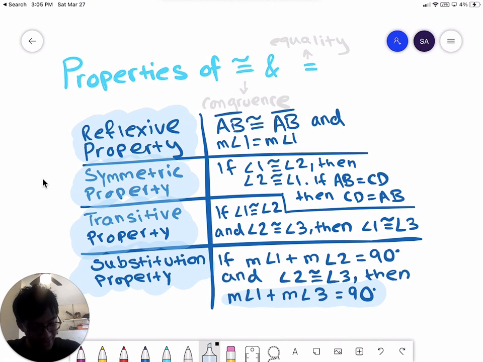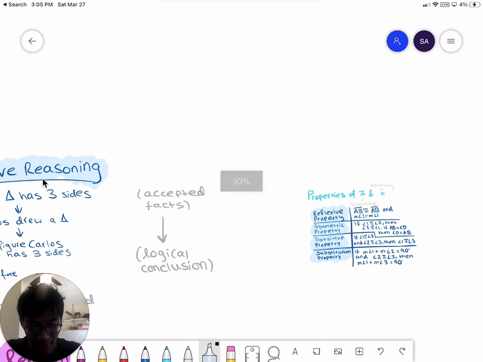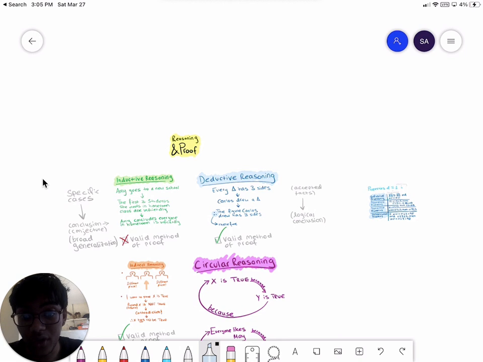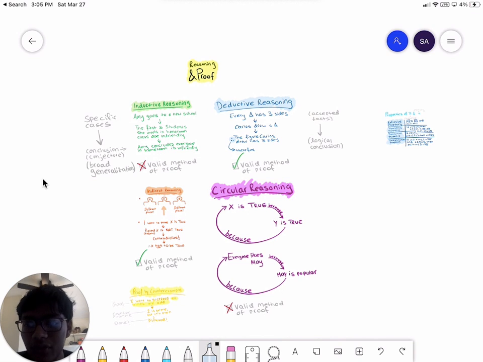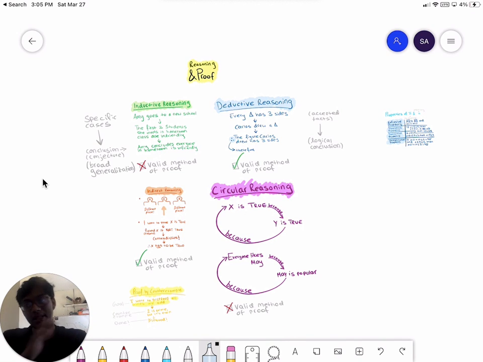Alright folks, that's it for today. That's all you need to know for proofs. That's how you prove something. And in future lessons, we're going to actually prove a lot of statements. So in the future, whenever we need to prove something in geometry, like the diagonals of a square are perpendicular, we're going to use